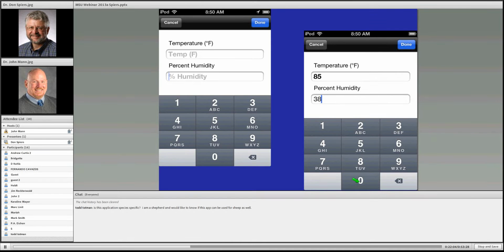So say you don't have a Wi-Fi connection, or for whatever reason you don't have information coming in through your phone, but you have some way of recording temperature and humidity. You can enter those values, or you can put in projections of your own. You can say what temperature might cause me to shift that animal to an extreme condition. You can do that through this site. At the end, you hit done,